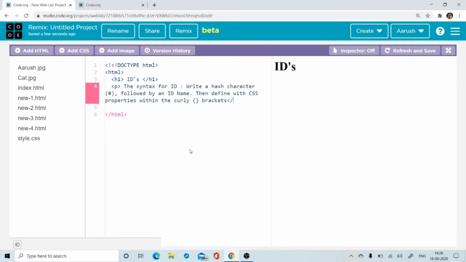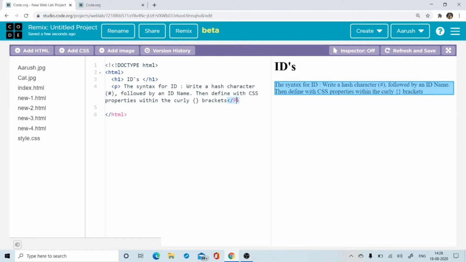So this is what exactly we do. Okay, so this is what we will be doing today.